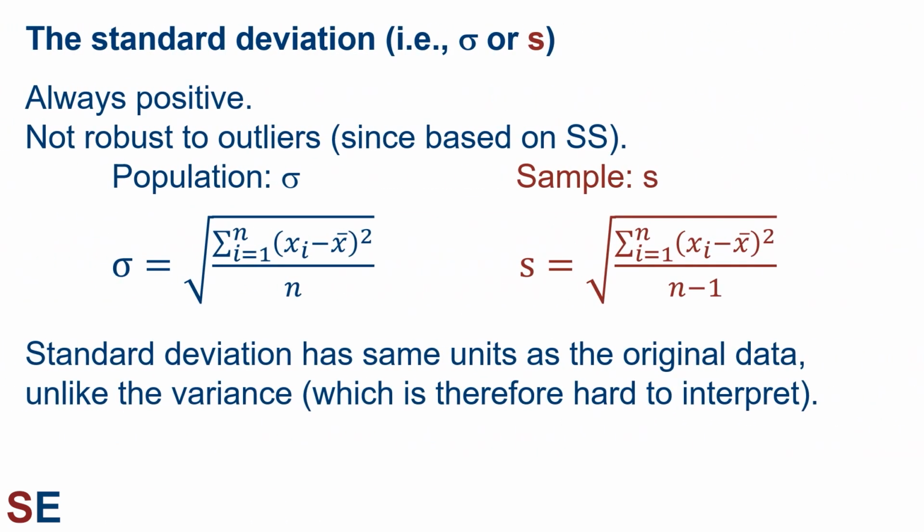Now for the standard deviation, represented with the Greek symbol sigma if we're looking at a population, or S if we're looking at a sample. It has the same properties as the variance because it's just the square root of the variance. And the standard deviation now has the same units as the original data. Unlike the variance, if you think about it earlier, because everything was squared, any units that our data values would have had would have become squared, which actually makes the variance hard to interpret. The standard deviation, however, now the units are back to the original dataset and it's much easier to interpret. For this reason, the standard deviation is used as a descriptive statistic much more than the variance is.